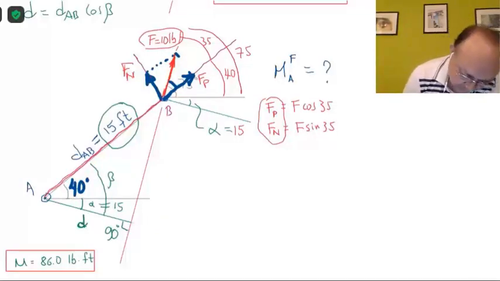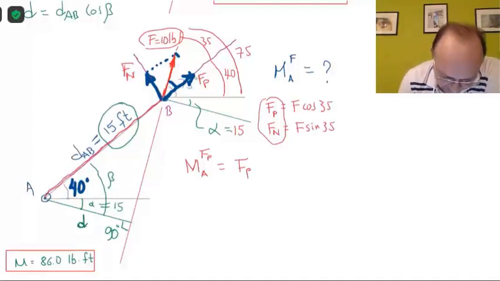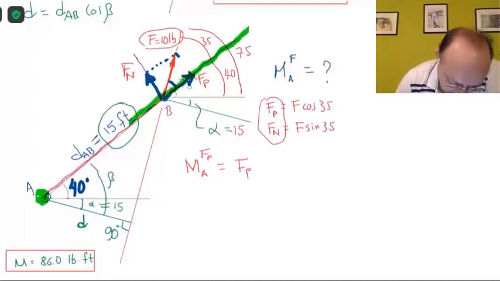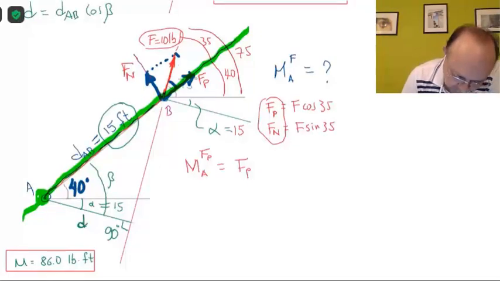The moment of force Fp with respect to A is equal to Fp multiplied by the distance from the point A to the line of action of Fp. If you see, point A is sitting on the line of action of Fp, this line right here. So the distance from that point to that line is 0. So that's a big 0 here. So the moment of Fp with respect to A